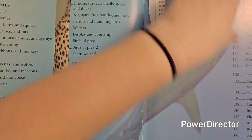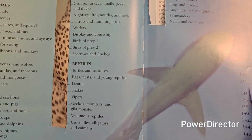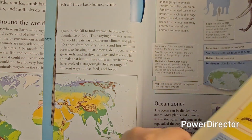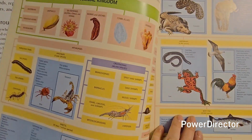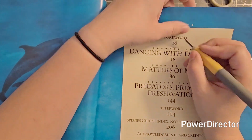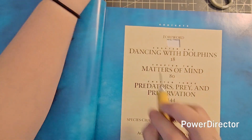But again, I'm just going through and cutting out all the numbers that I want. I definitely used all of these ones. And then I used some of the corner ones as well. I gathered a couple pages together at a time and just cut out the corners. And then I used my little Exacto knife to cut out these little ones because I didn't want to cut the whole page out. I just wanted to